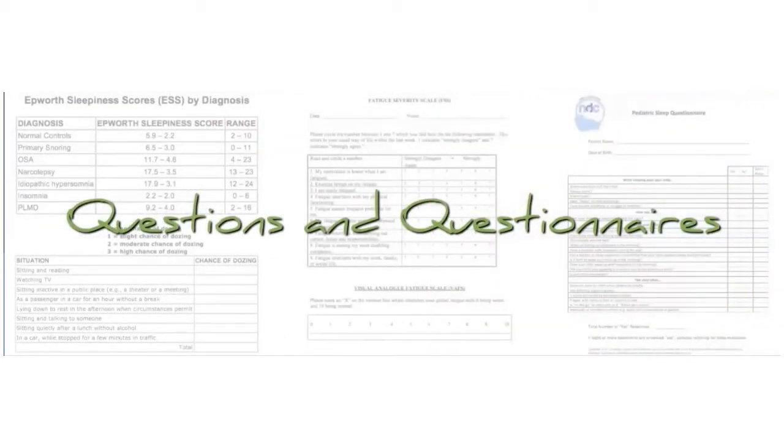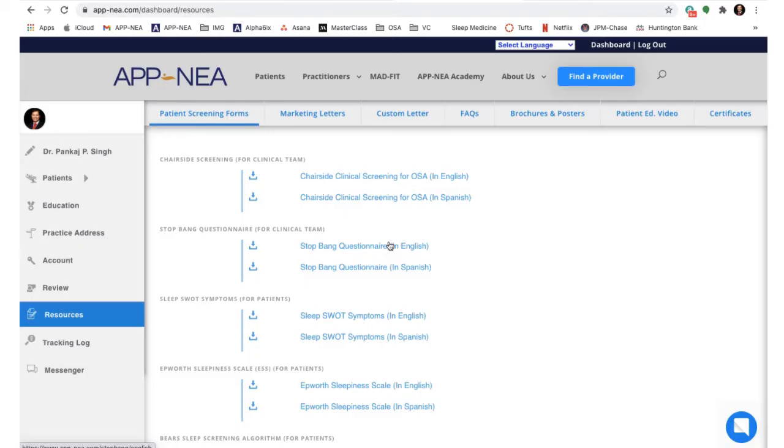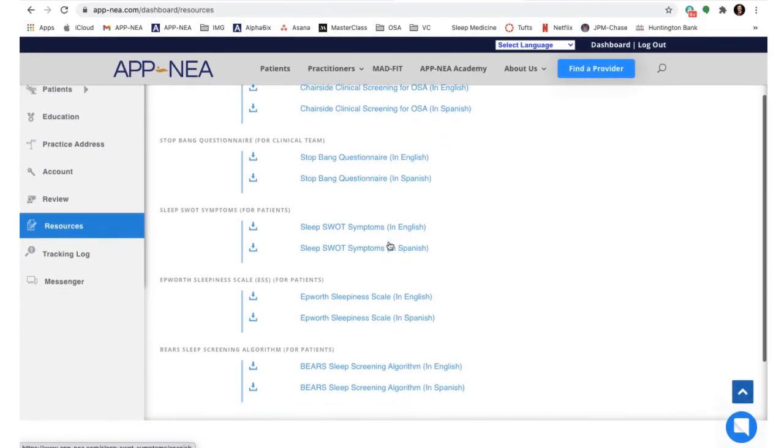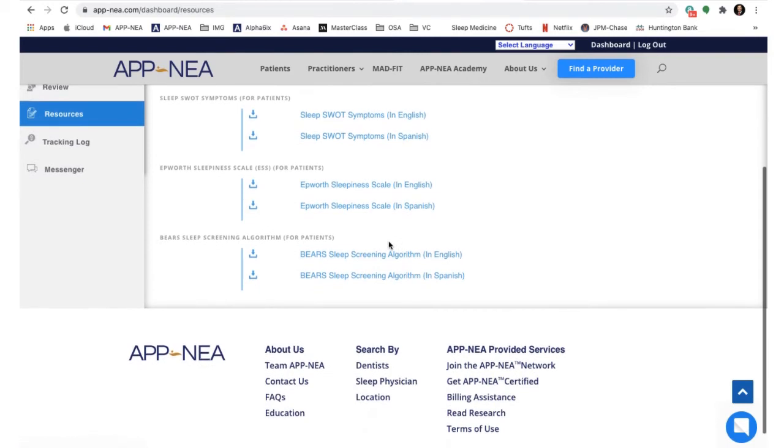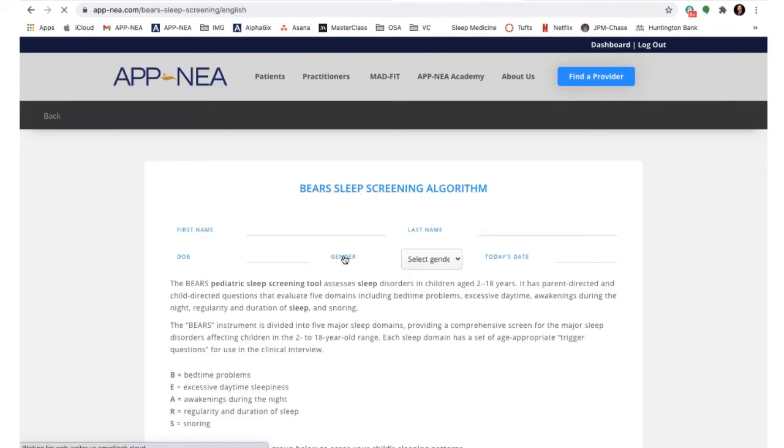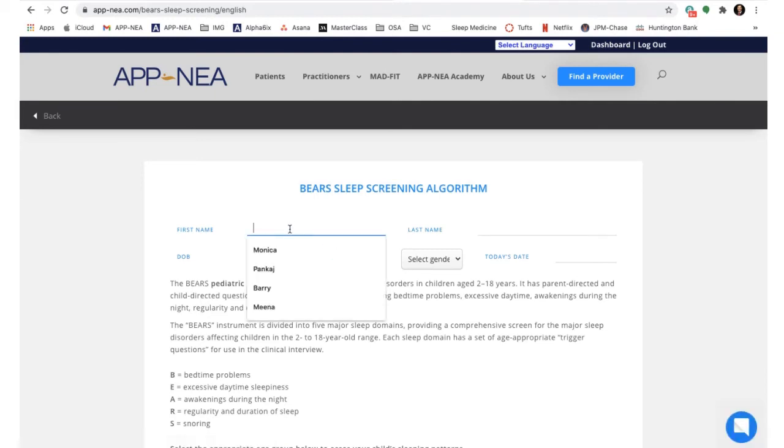So what questions or questionnaires do we ask? The pediatric sleep screening forms can be accessed from within the resources section of your dashboard, and they're available in both English and Spanish. When you access them, it simply requires some basic demographic information: the patient's first name, last name, date of birth, their gender, and the date you're accessing this form, which is very important because you have to document that